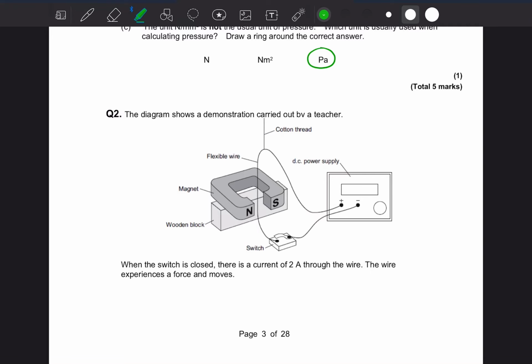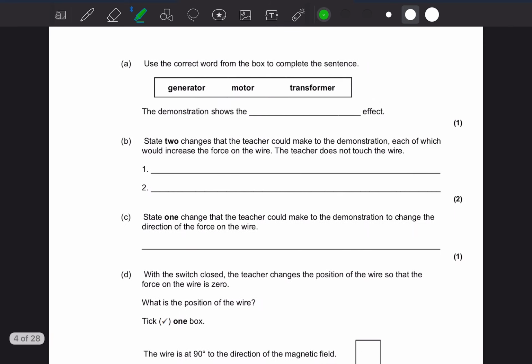Question 2. Question 2 is about everybody's favourite, the motor effect. So we can see here that we've got this classic diagram with a motor effect in action. It says when the switch is closed, there is a 2 amp current through the wire. The wire experiences a force and moves. So use the correct word from the box to complete the sentence. The demonstration shows, as I just told you, the motor